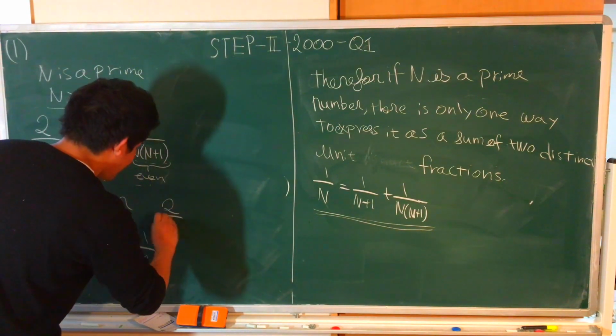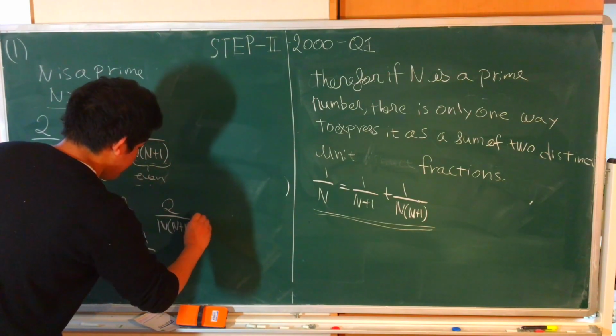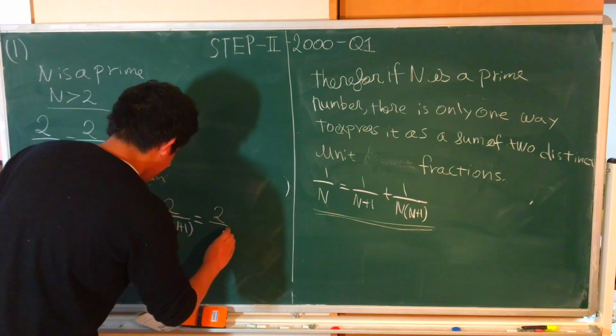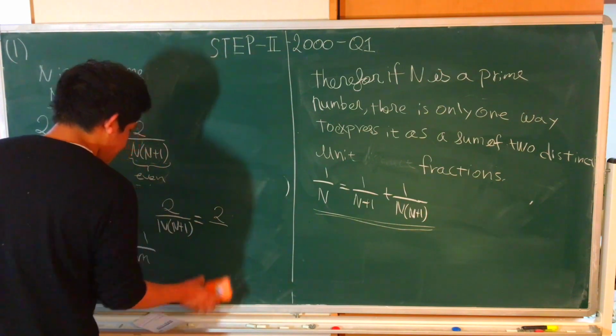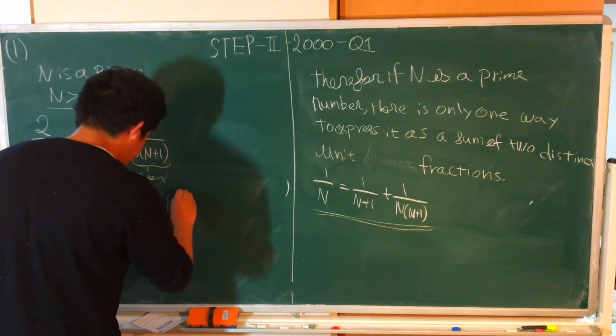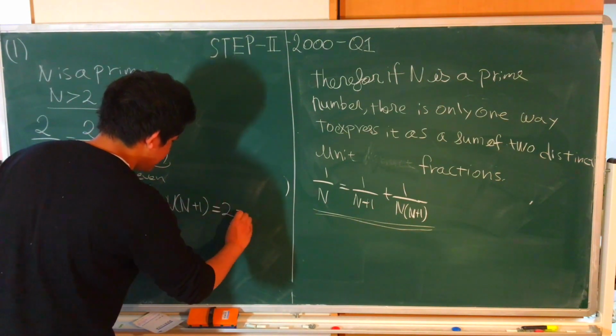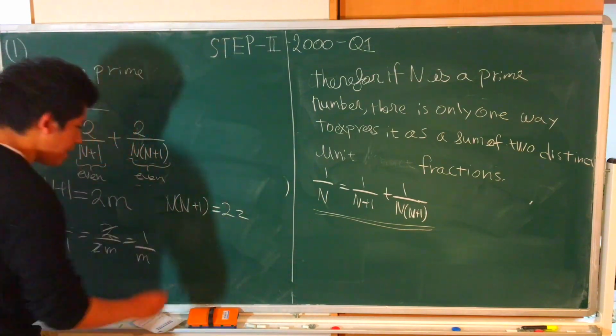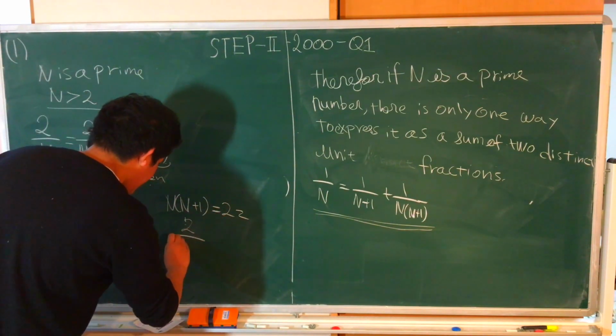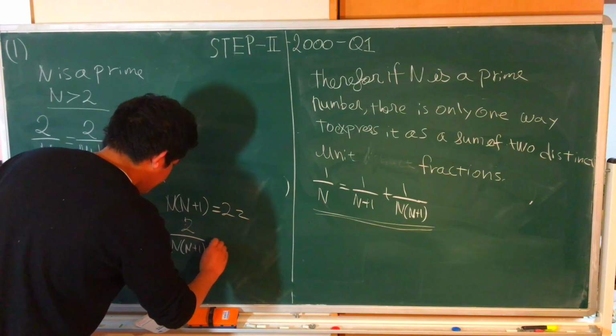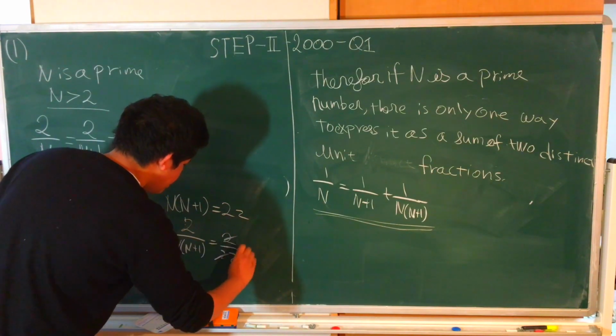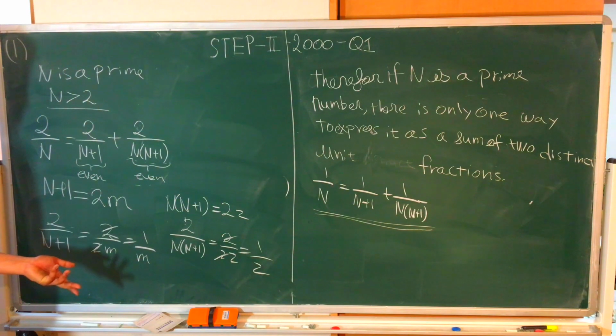And let n times n plus 1 be even, so n times n plus 1 equals 2z, keep it as 2z, where z is an integer. Then 2 by n times n plus 1 equals 2 by 2z. The 2 cancels, and you get 1 by z. Therefore,